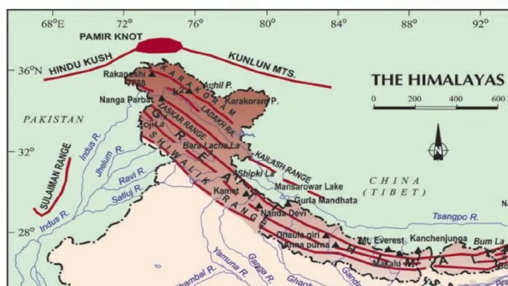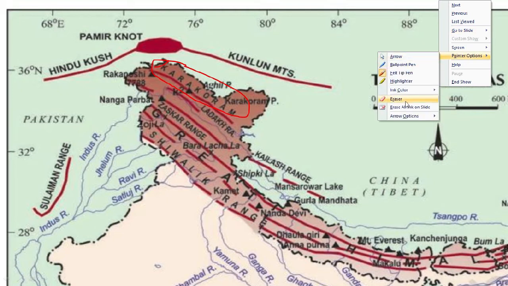So now we come down to learning some map work as well. As we have studied right now, we have studied some prominent peaks of the greater Himalayas, and these peaks comprise the Karakoram. Now let us try to directly locate these peaks. So here you can easily find Karakoram, and this is not how you are going to label it on the map given to you while answering the questions.